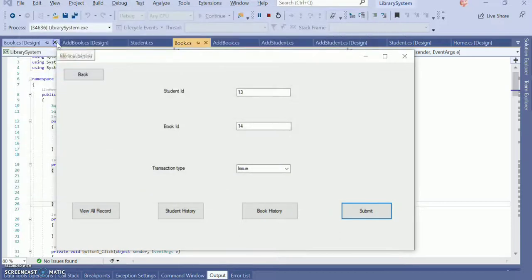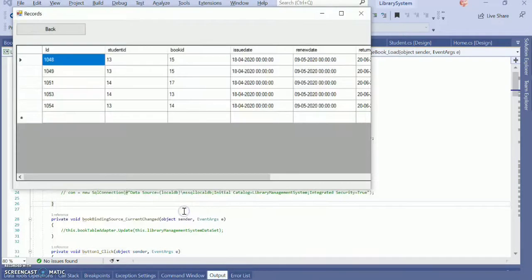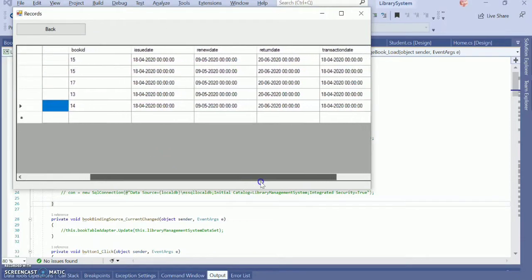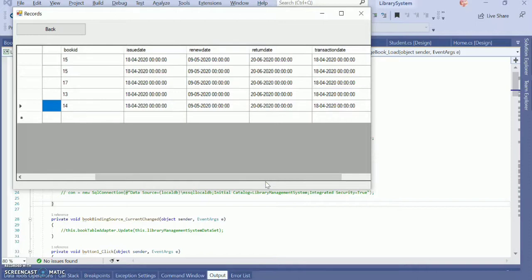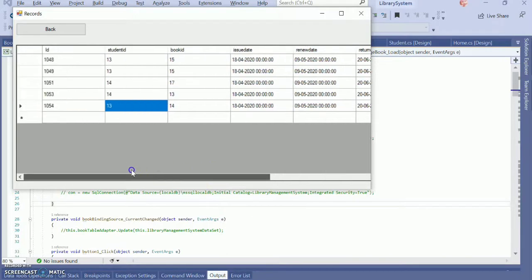So let's check it out in history. Student ID 13, book ID 14 was issued on 18th April. The next renew date is 9th May, and the next return date is 20th June. So that is the transaction entry done for student ID 13.